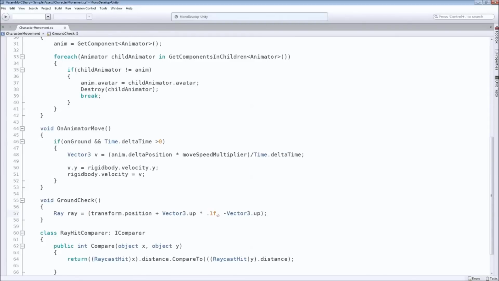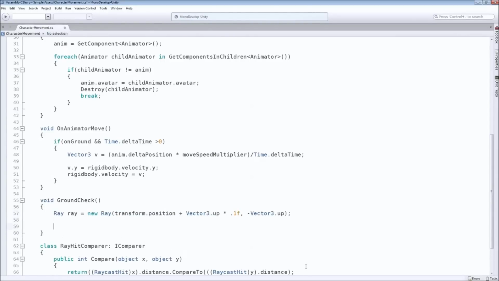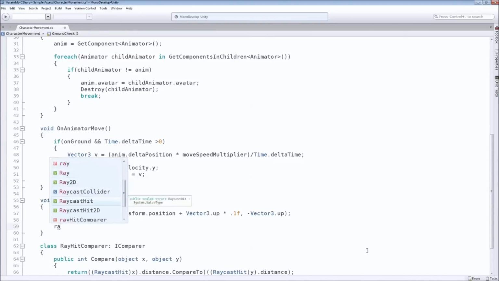Okay, so this is the origin of the ray, and this is where we want it to go. And there is one error. And the error is, oh yeah, we didn't add our constructor in the beginning. So let's go down. We will need an array for raycasts,